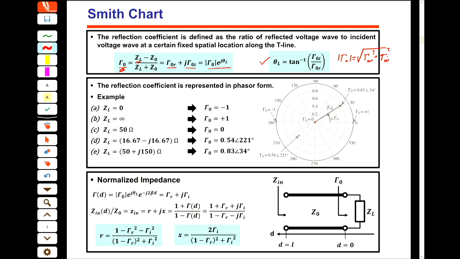So based on the impedances that we tried last week, assume that your load impedance is ZL, and the value is 0. I mean it's a short circuit. And then we find that the gamma equals -1. So here is the short circuit in a polar format. The amplitude is 1 and the phase is 180 degrees. Are you following me? Is it clear?